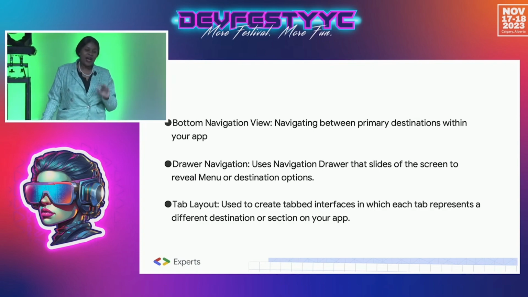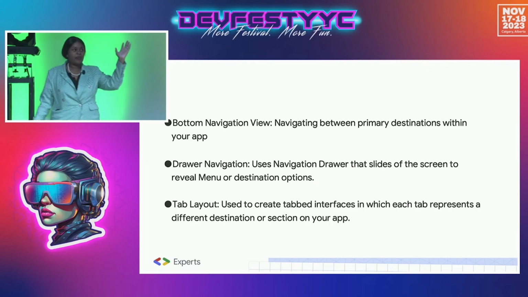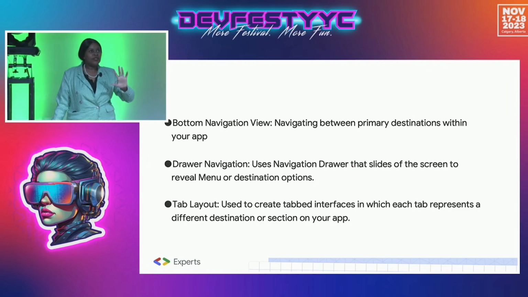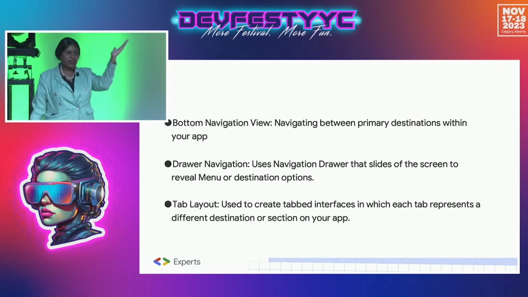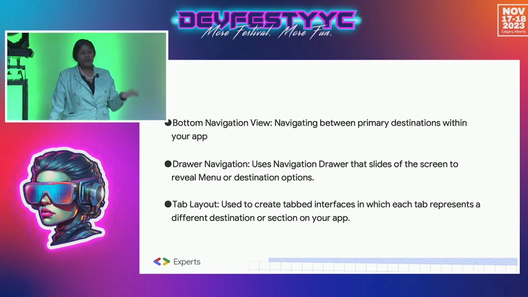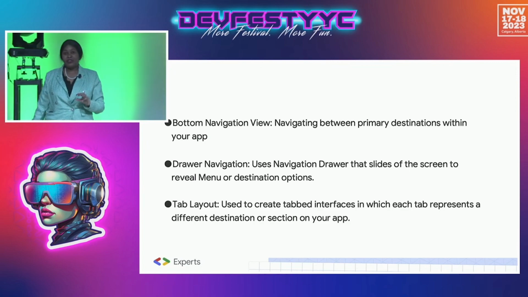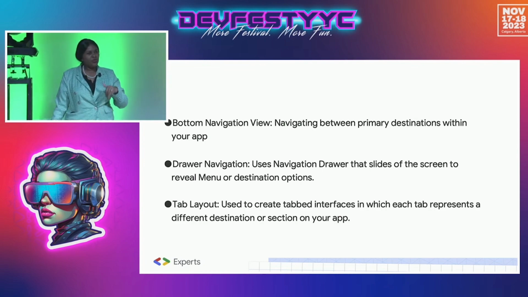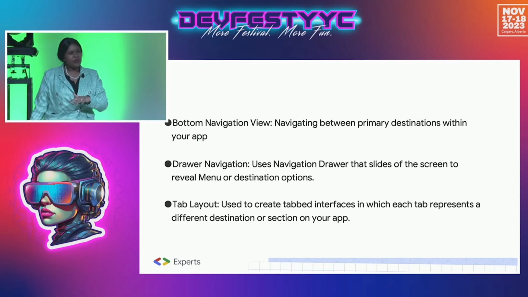So drawer navigation is the side menu where, for instance, you have your application. I think a good example would be Twitter. Twitter uses the drawer navigation on the side. So that was the default. I remember when I was building my first application, every navigation to me was a drawer navigation. But these days, I feel like many applications use the tabbed and also the bottom navigation a lot,